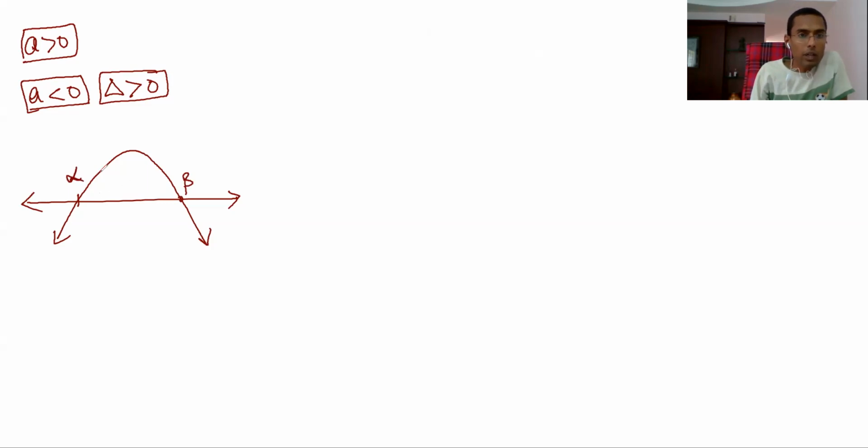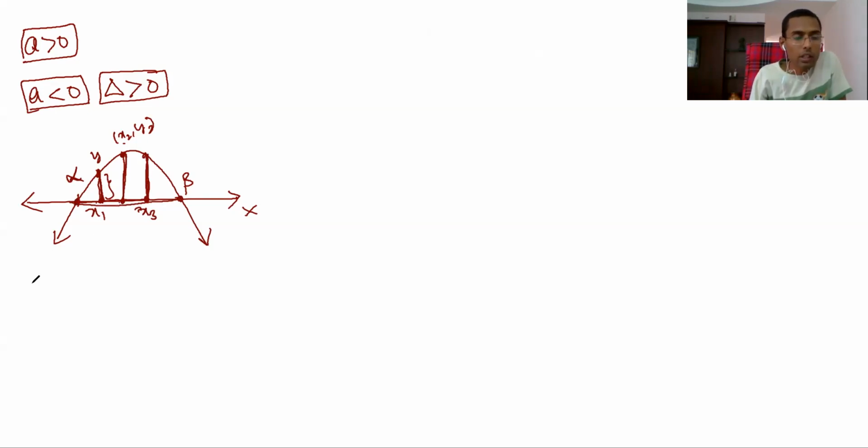Now, in between alpha and beta, it is positive. You see, for this x value, this is the y value. For this x value, this is the y value. For example, this is x1, then this becomes y1. So this point is x1 comma y1, and y1 is positive. For this x2 value, y2 is positive, so this is x2 comma y2. x2 can be anything because we don't know this x-axis. For x3, this is the y value. So this is positive. That means between the roots, it is positive.